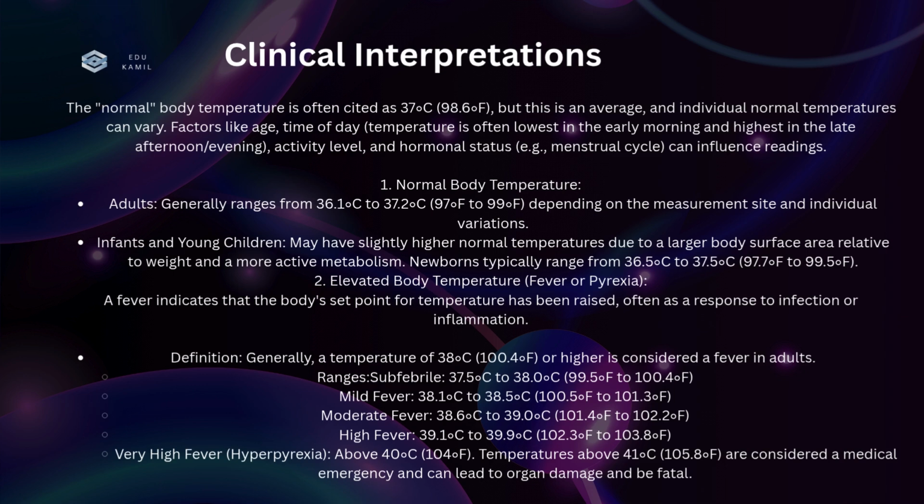Newborns typically range from 36.5°C to 37.5°C, 97.7°F to 99.5°F. 2. Elevated body temperature, fever or pyrexia. A fever indicates that the body's set point for temperature has been raised, often as a response to infection or inflammation. Definition: generally, a temperature of 38°C, 100.4°F, or higher is considered a fever